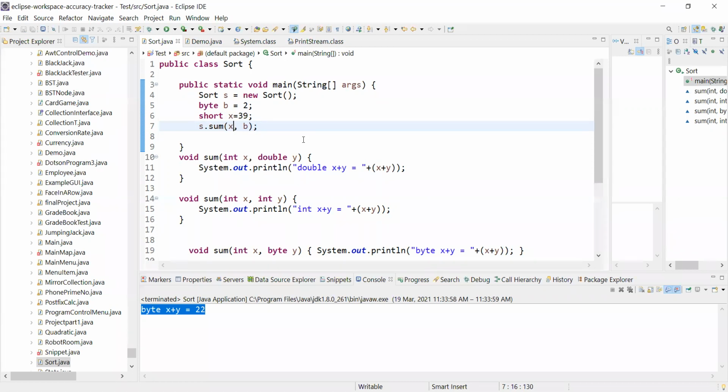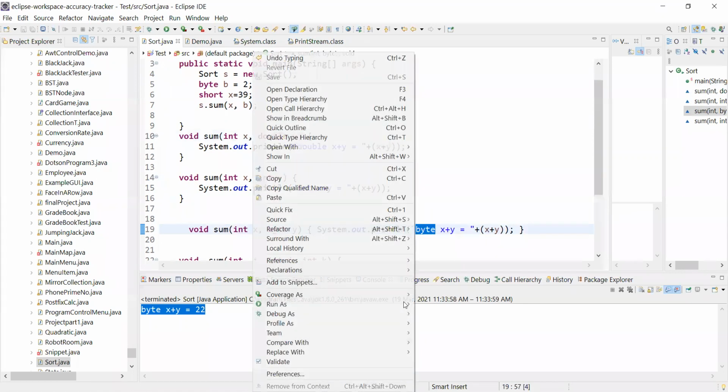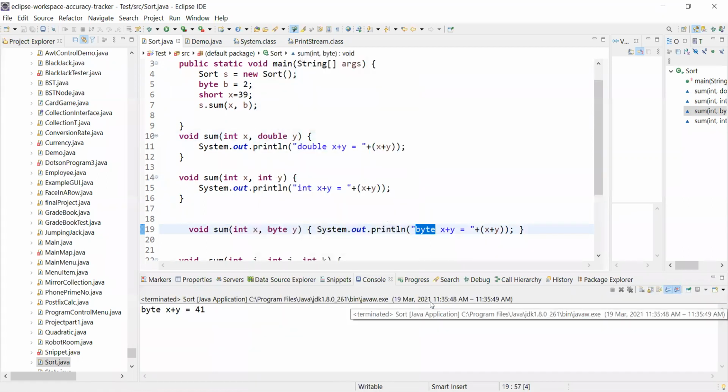Then there is no issue in that. It will look for the closest. Like this is the short, so the closest would be the int one, right? And for this is the int one, but for byte we can say this is an exact match. So as per my experience, it should call this byte one. So it will check all the parameters, right? Yeah, it will try to resolve like maximum closest possible.